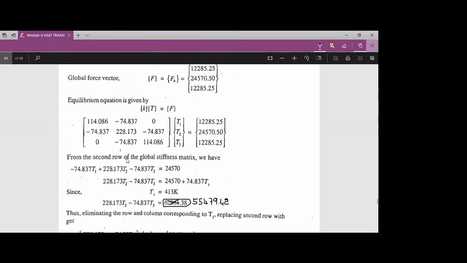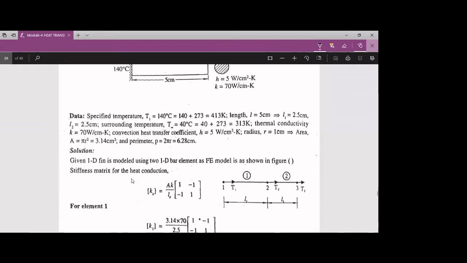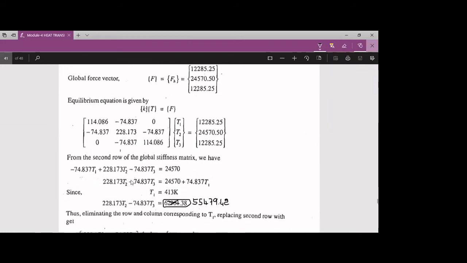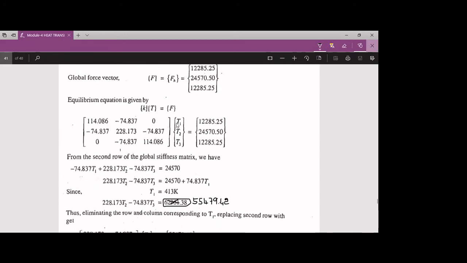But here, how to eliminate it? What will be the procedure? It will be totally different from the structural analysis problems. Just see here, node number 1 is fixed. In structural problems, the corresponding rows and columns are eliminated, right? But in heat transfer problems, even though it is fixed here, we cannot eliminate all rows and columns. Node number 1 has the value 640, and if it were considered constant or insulated, there would be no heat transfer, and the corresponding rows and columns would be eliminated as per the procedure.